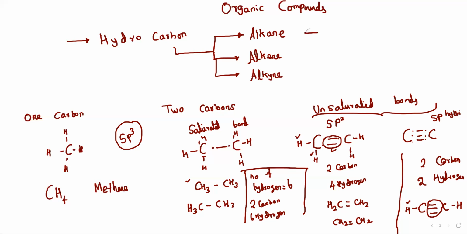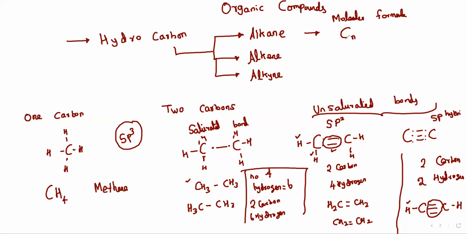Now the molecular formula for alkane. Molecular formula means you have to tell how many carbons and how many hydrogens are required. If we have 2 carbons, how many hydrogens are required? If you put 3 carbons, how many hydrogens are required? That's what we call the molecular formula. So for alkane, if you have